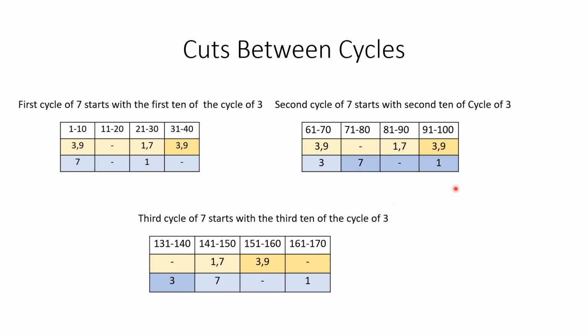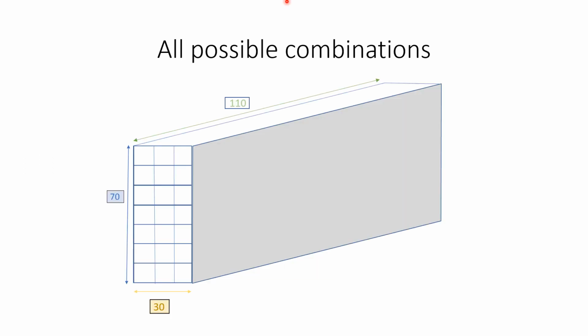So I saw that they were combining differently. Every 10 was having different combinations of different 10s of both cycles. And I realized that they were combining in all possible combinations of 10, all possible combinations of 10 without repeating until they form a new cycle. So you can see here that we have the cycle of 3 from 1 to 30, the cycle of 7